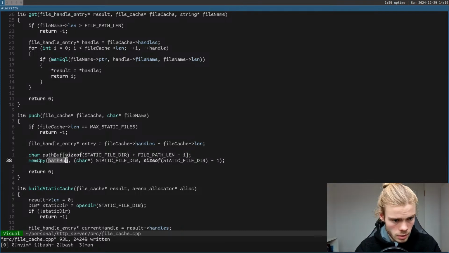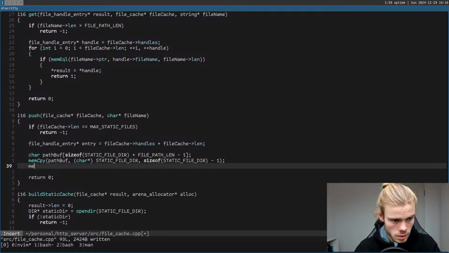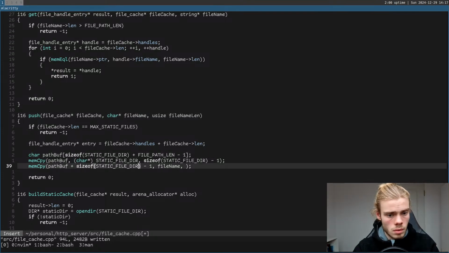Then we copy the file name, copy the static file thing in there, memcpy the file name, path buff plus size of static folder -1, the file name into this with usize file name length, file name length,